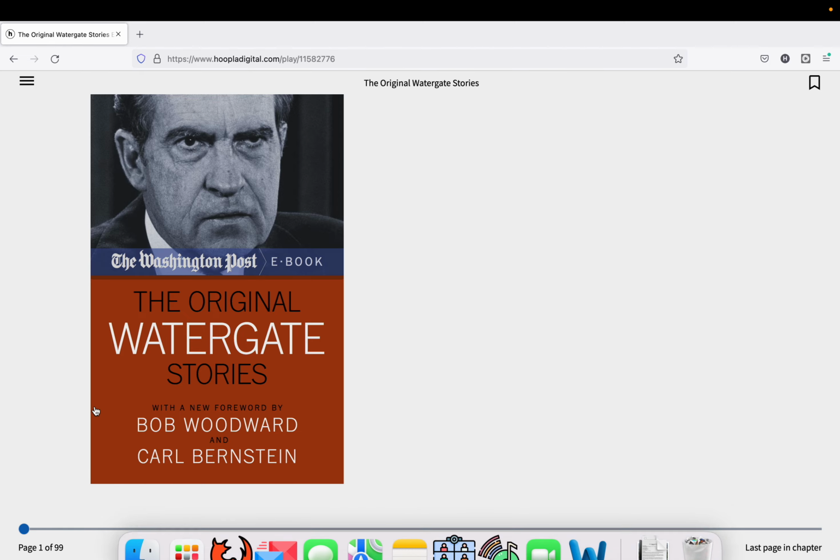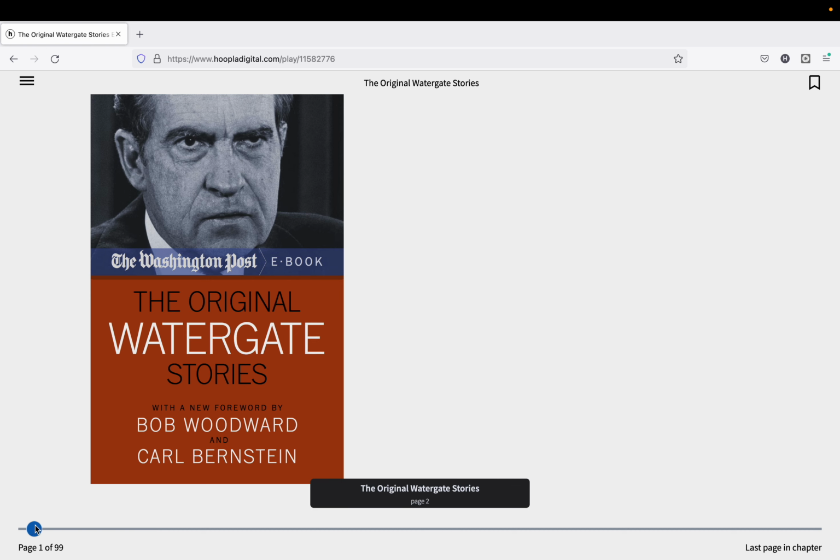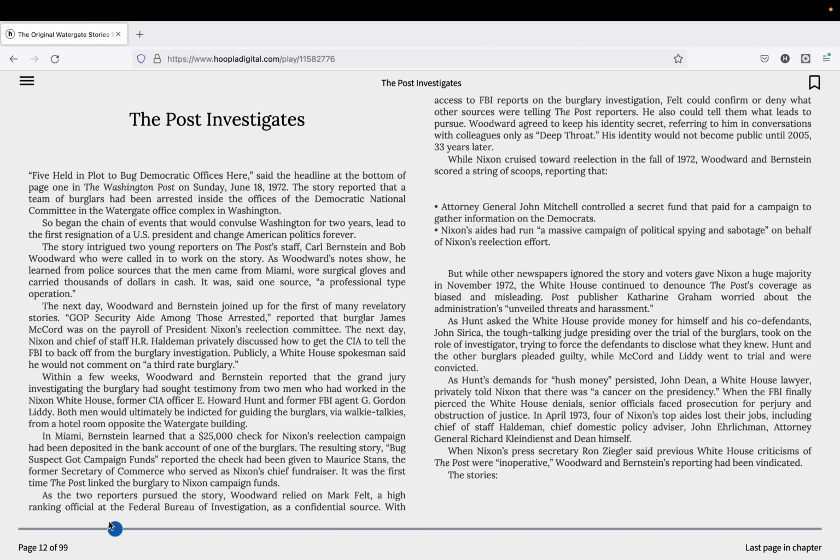Let's go ahead and drag the slider. Oh, that's not what we want to do. Let's drag the slider and pick a page. Let's pick page 12. Now that we're on a page, we can see some more features. If we'd like to bookmark this page to come back to it later, we can click on the bookmark and that will save it for us.